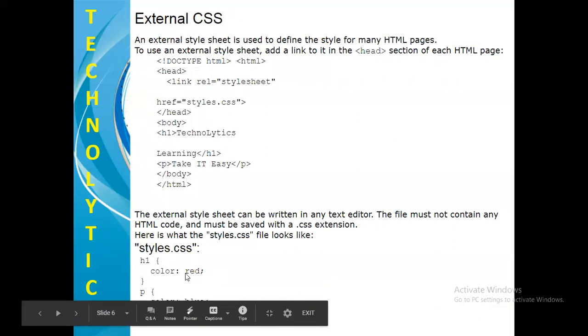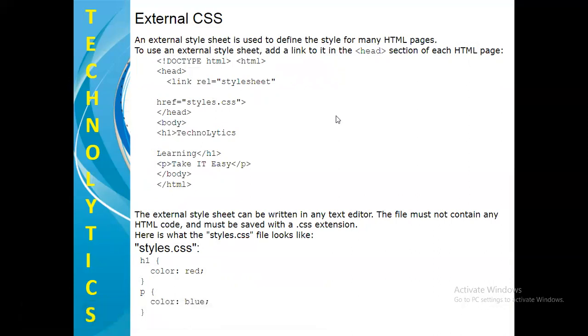And this particular content we have stored in a separate file with an extension .css. Then we have used another HTML where we will be linking it to this particular CSS. Let's see how. An external style sheet is used to define the style for many HTML pages. To use an external style sheet, add a link to it in the header section of each HTML